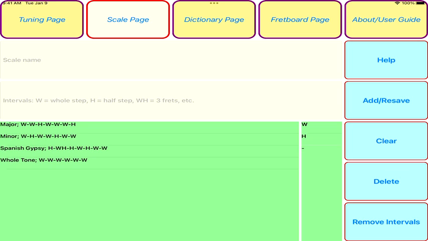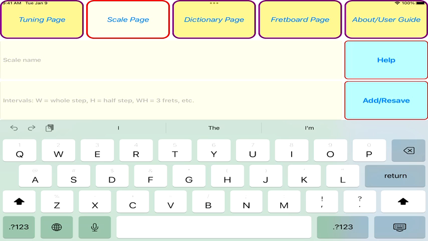Although we do recommend playing around with some of the more exotic scales once you get what you need to know out of the major scale because, hey, it's fun, and it's one of the reasons why we developed this app. So let's add a scale that's not there. We'll add the half tone, whole tone scale, sometimes called the half diminished. We'll call it